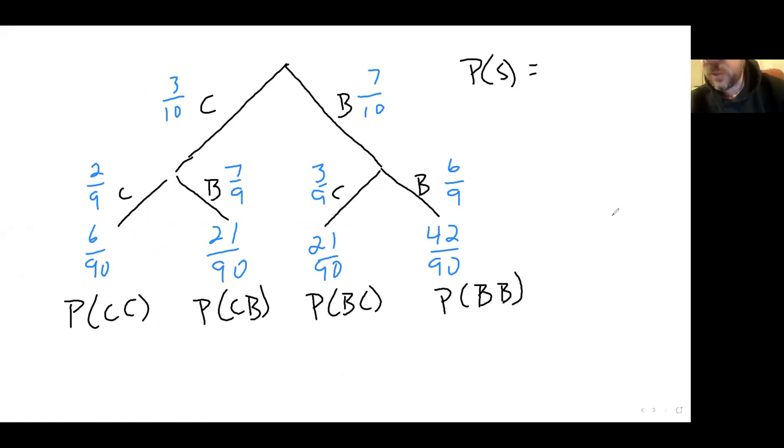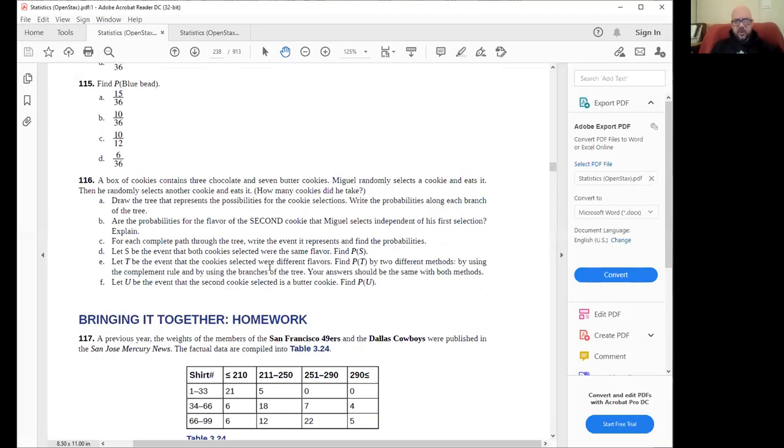Now you could reduce that if you want to. I don't want to bother, so I'm not going to. Probability of T, or T be the event the cookies selected were different flavors. You couldn't call that D? Anyway, find P of T by two different methods, by using the complement rule and by using the branches of the tree. Okay, so complement rule